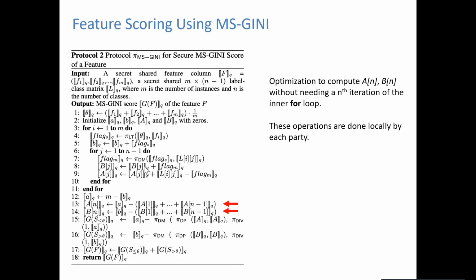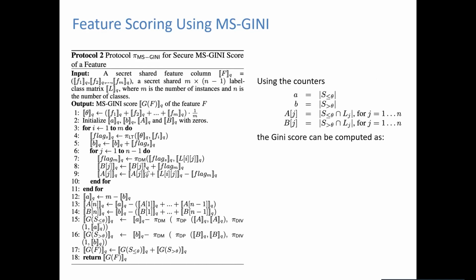Okay, one optimization that we are doing here is that for the last class, instead of doing the computations inside here, we use the fact that the sum of the vector capital A over all values should be equal to A, so we compute it in an indirect way. You might think that's a small optimization, but if it's a problem where you only have 2 classes, or only a few classes, you are saving a lot. Otherwise you would have a big for loop.